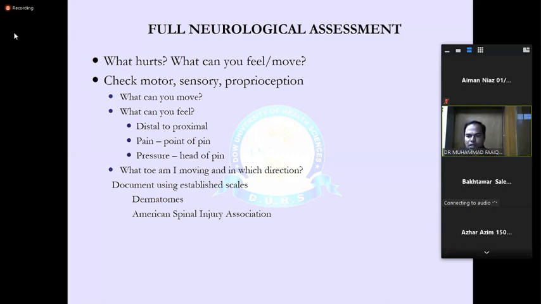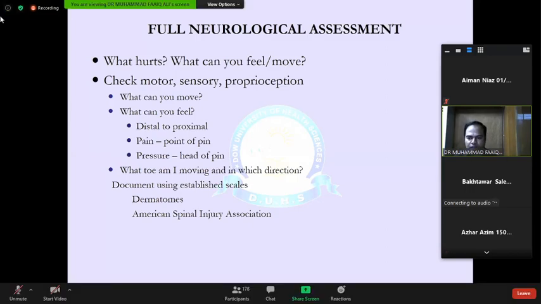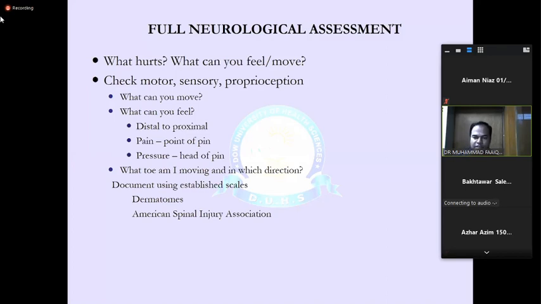First you ask the patient's name, then you check the patient's orientation, and lastly you give a simple command: squeeze my finger, move your toes. Sometimes you also give a command like protrude your tongue. This will also give you a clue whether the patient may have lower cranial nerve palsy or not.